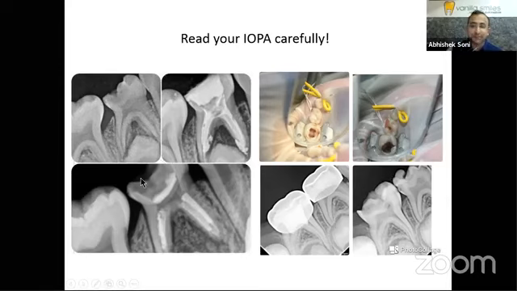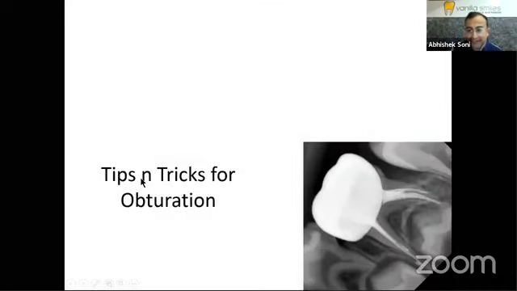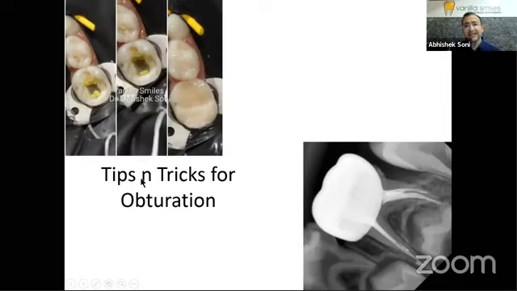If you have a pulpal exposure where you have profuse bleeding at the exposure site, which is not able to be controlled with your sodium hypochlorite or your pressure pack, then you know you have to go into your pulpotomy. After your coronal pulp amputation, after 3 to 4 minutes, if the bleeding does not stop, then you know that you have to go in for your pulpectomy. So that's how you can use your radiographs as an effective tool to decide what the child is going to need and eventually prepare your armamentarium otherwise.